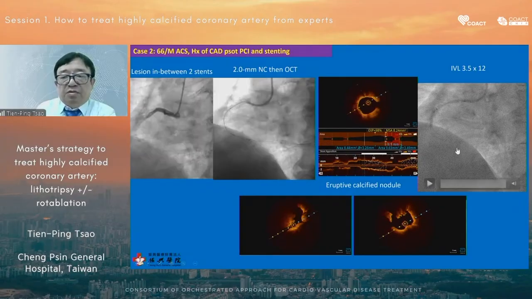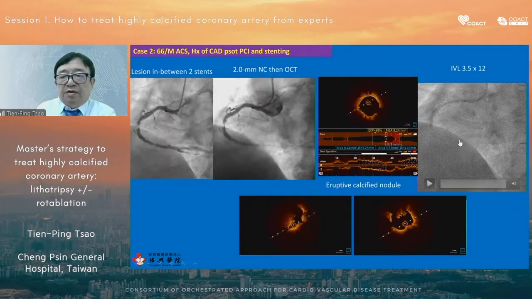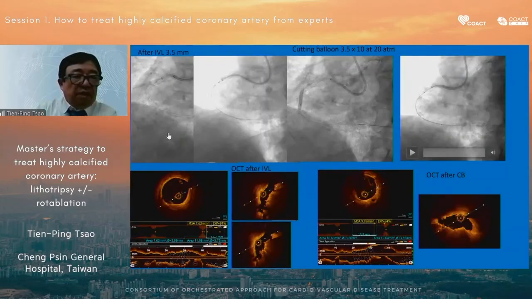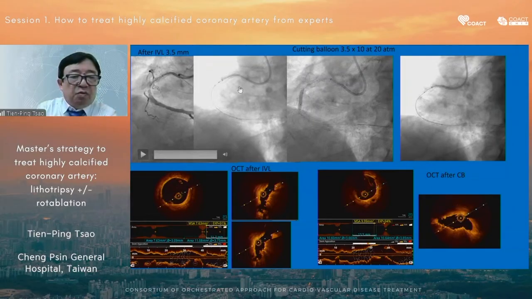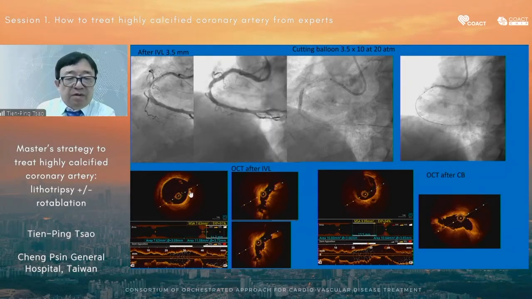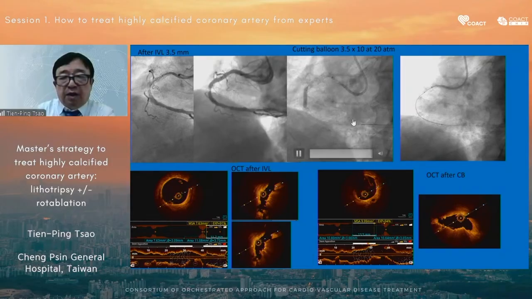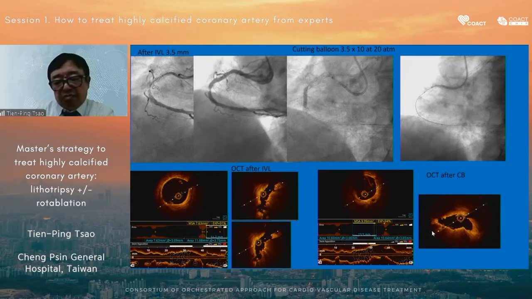And after OCT evaluation, we use IVL 3.5 by 12. And after IVL treatment, the lesion is still quite tight. And then we did the OCT again. But we can see the lesion was not adequately dilated by the IVL balloon only. So we use a cutting balloon. This is 3.5 by 10 at 20 atmospheres. And OCT showed that the lesion can be further dilated, but it's still not